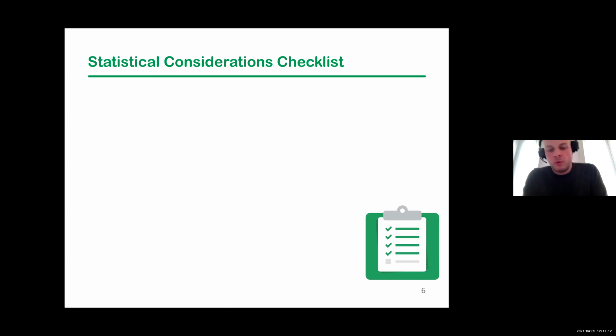All right, so with that being said, to give you an idea of the workflow of working with a statistician, I've created this statistical considerations checklist. Hopefully this will help answer some of your questions about working with us, as well as give you an idea of the proper steps for doing a good research project. As I've said about 5 times now, and we'll continue to say in this presentation, come to us early in your study process. The earlier you come to us, the more we can help you.